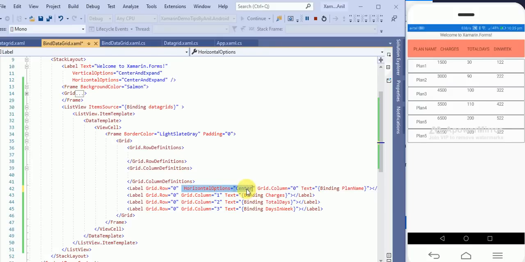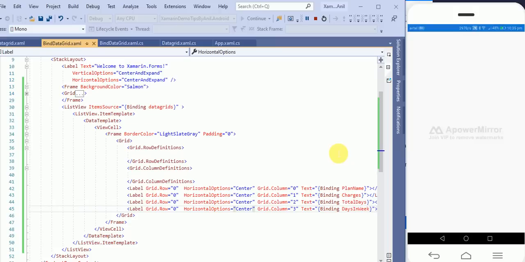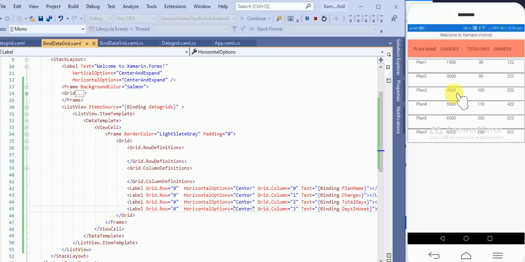So we will define HorizontalOptions as Center. Cool. So here you can see the data as expected.